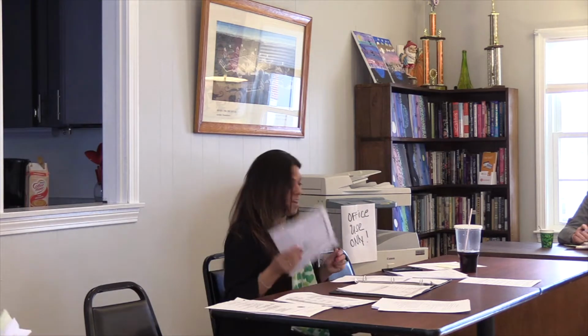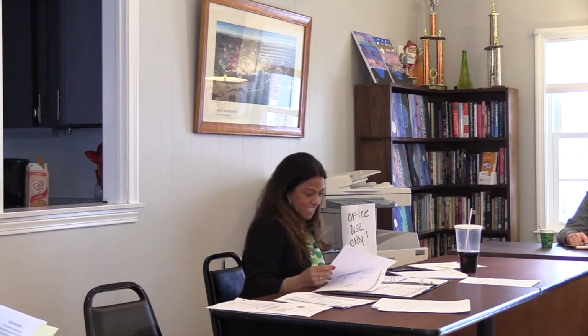And this is really hard to read, so I'm going to see if I can go through it. I tried to make it as big as I can, but the biggest I could make it was what's in black and white. And this is hanging here. This plan has been hanging here for about 3 months, and it's also online if anybody wants to go online and see it. So basically for our 5-year plan,